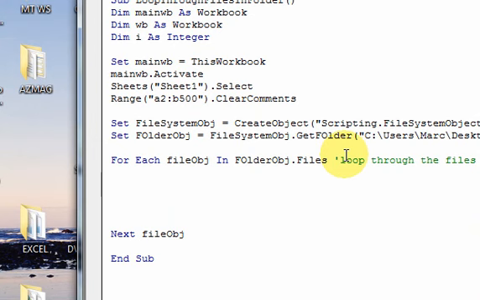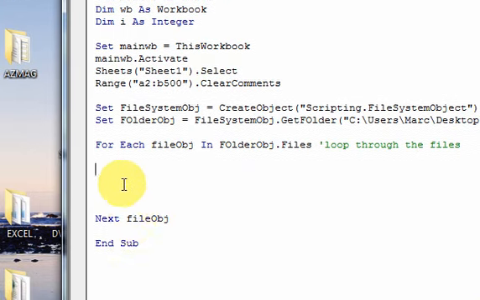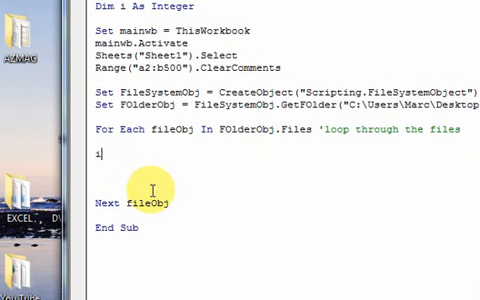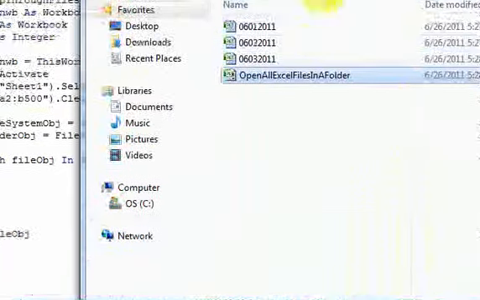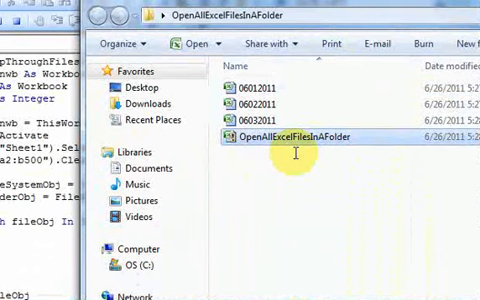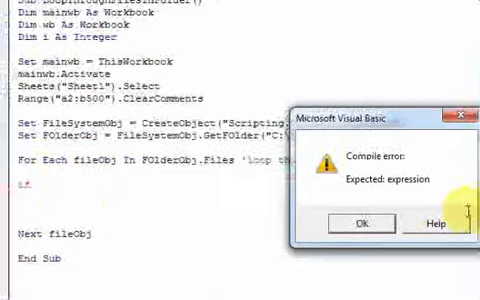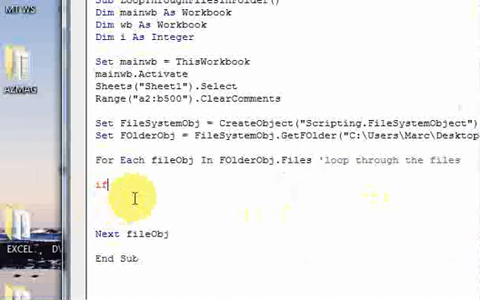Okay. So now I want to open up all the Excel workbooks in the folder. To do that, I have to somehow know that they're Excel workbooks versus, say, a Word document or a PDF document. Because if there are other documents in here that are not Excel, I don't want to open them because that would cause problems. What if there were a million PDF documents in here? I don't want to open up all those PDFs. I only want things that are Excel documents, and I can find out if they're Excel documents by doing something like this. Doing If